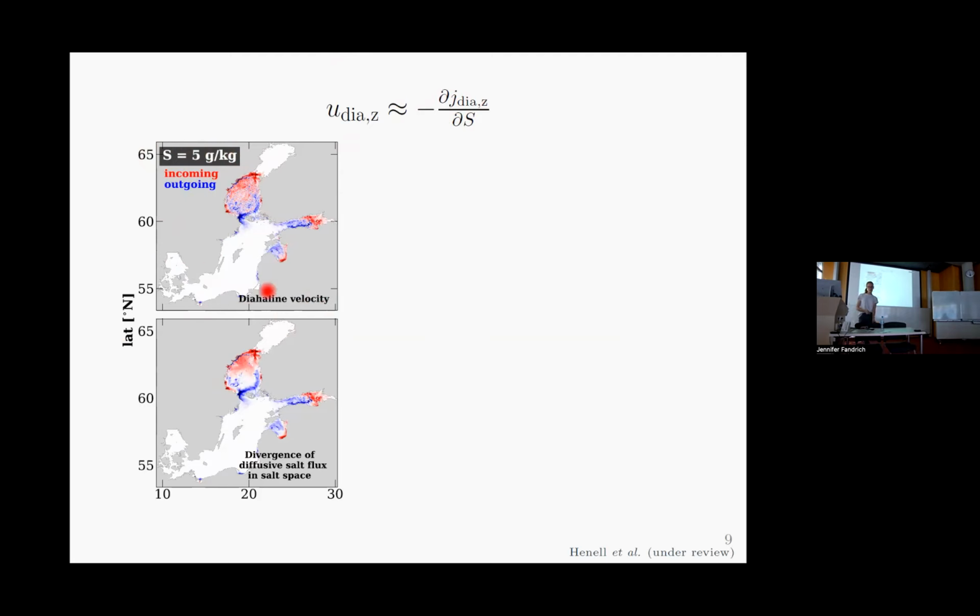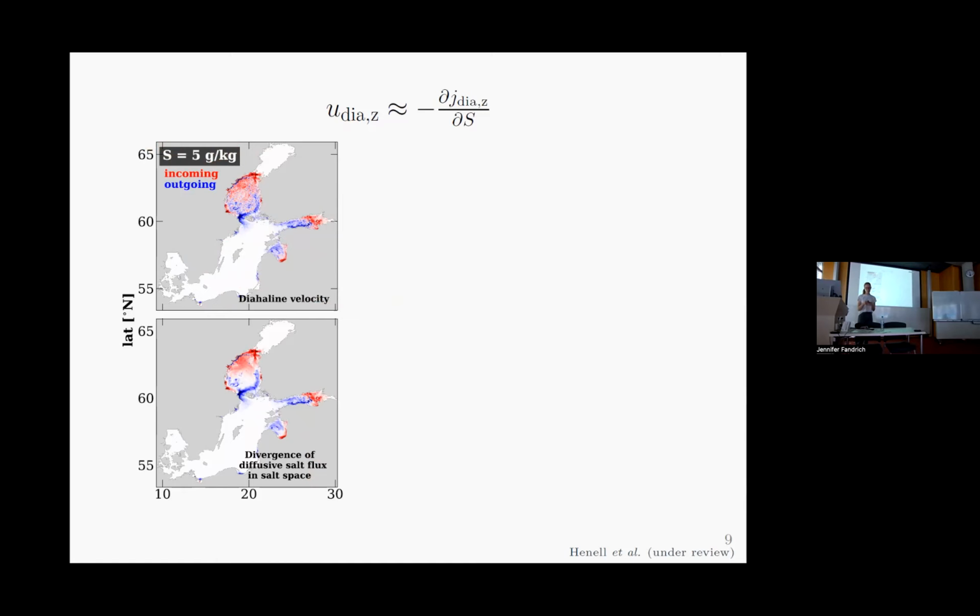In the upper panel is the diahaline velocity, the left-hand side of the equation, and below we have the right-hand side of the equation. What you can already see is where we have values: where it's red and blue, that's where this isohaline actually exists, this isohaline surface in X and Y direction. So you can see that 5 grams per kilogram is already very fresh and very far up north in